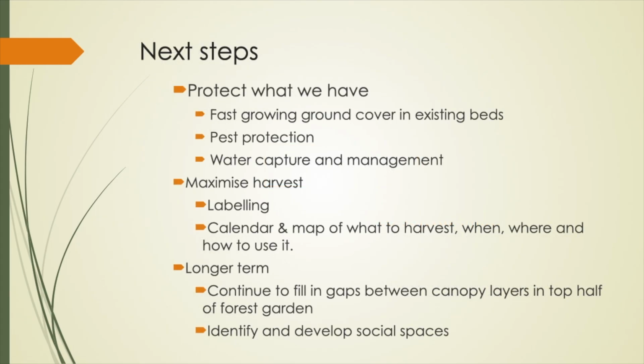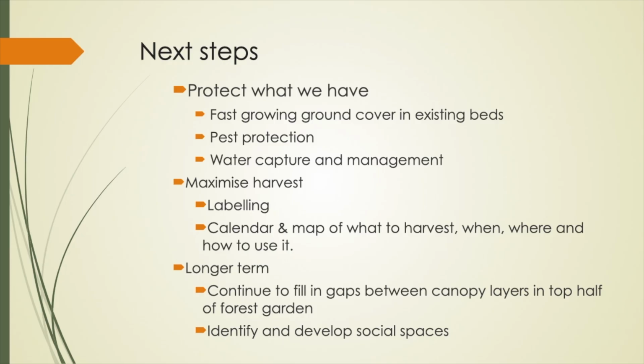So our next steps for the forest garden: we really want to try and consolidate and protect what we've already put in place. So we want to try and get lots of fast-growing ground cover in all the existing beds to try and compete with weeds. Anything that can compete with buttercups has got to be amazing. Putting in more pest protection for the deer, and also going back to the water capture and management, be that putting in a water tap and also looking at potentially swales and monks to try and capture and manage the